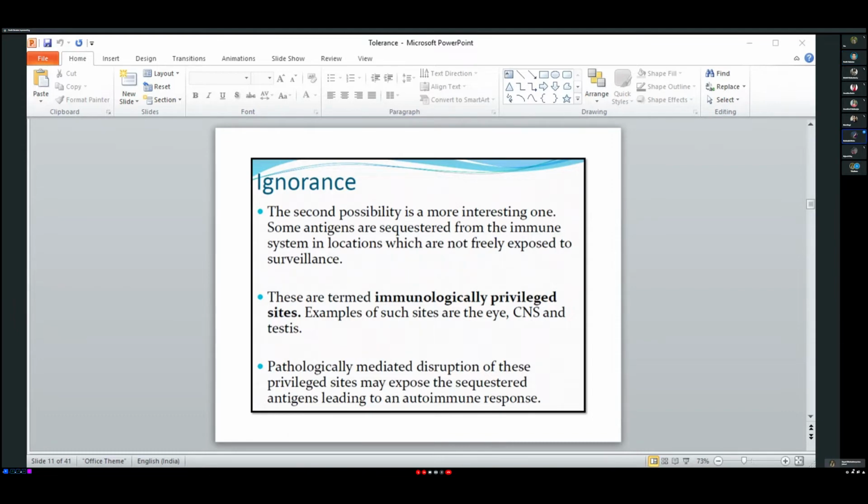স্যার, সিকুয়েস্টেড অ্যান্টিজেন্স তার মানে সেইগুলো যাদের অ্যান্টিজেন প্রেজেন্টেশন হচ্ছে না বা এপিসিস? যেগুলো অ্যান্টিজেন প্রেজেন্টেশন হচ্ছে না, কেন হচ্ছে না? কারণ এগুলো কখনোই ইমিউন সিস্টেমের সার্কুলেশনে এক্সপোজড হচ্ছে না, এগুলো ইমিউনোলজিক্যালি প্রিভিলেজ্ড সাইটসে লুকিয়ে রাখা আছে। আনফর্চুনেটলি যদি উন্ড ড্যামেজ বা অন্য ডিজিজ কন্ডিশনের কারণে ওখান থেকে এগুলো বেরিয়ে আসে এবং এক্সপোজ হয়, তাহলে কিন্তু অটোইমিউন ডিসঅর্ডার হতে পারে। বলো